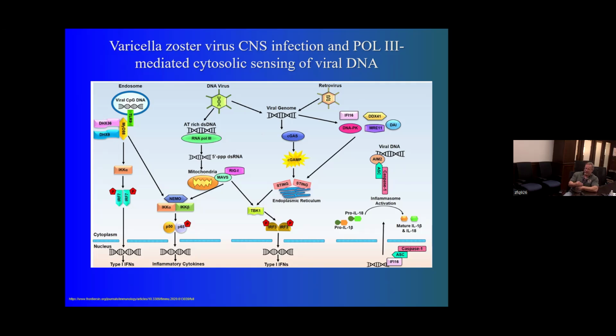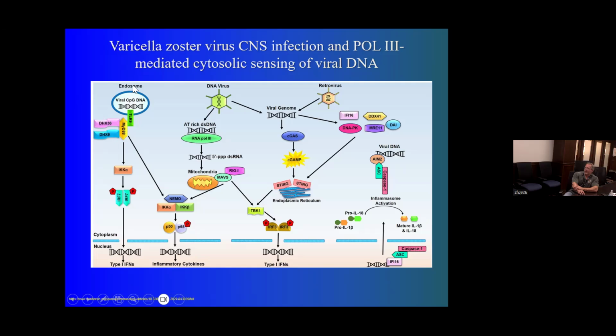And when they went and looked at their genome and sequenced their DNA to figure out what was happening, what they saw was that in individuals that had these much more severe responses to VZV infections, they had mutations in RNA polymerase 3. And as indicated by these red boxes here, you can see where RNA polymerase 3 plays some very important roles during the response to the viral replication cycle when it's inside the host cell.